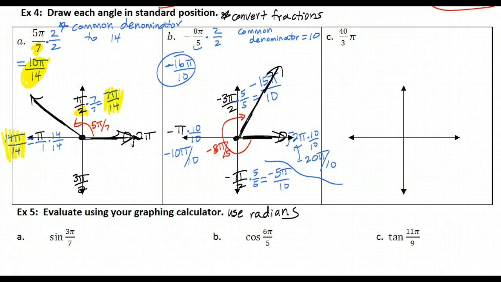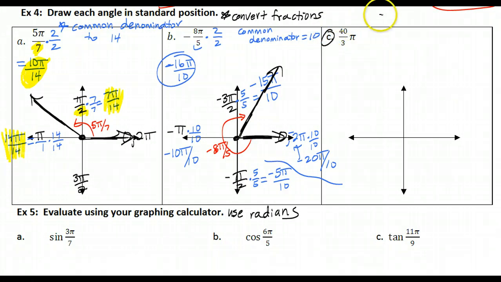Again, seriously, you might need to go back and watch those two examples a few more times to get the hang of it. Example C, I want to tell you that this is pretty difficult. If you weren't in class right now, so you didn't get the notes, and you're doing this on your own, circle that one and ask me about it, because